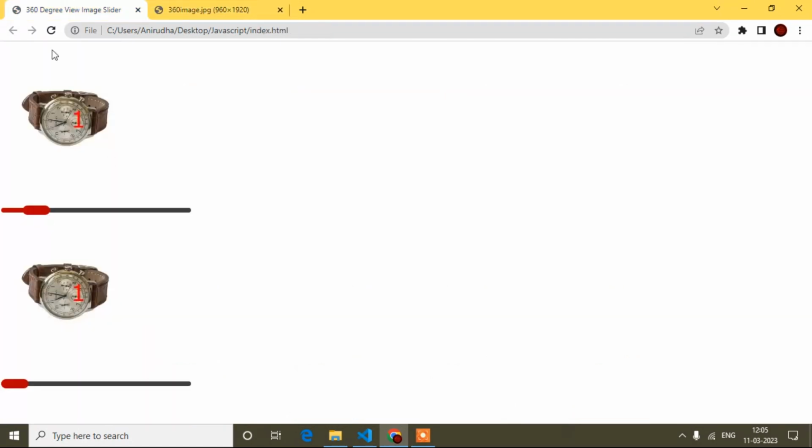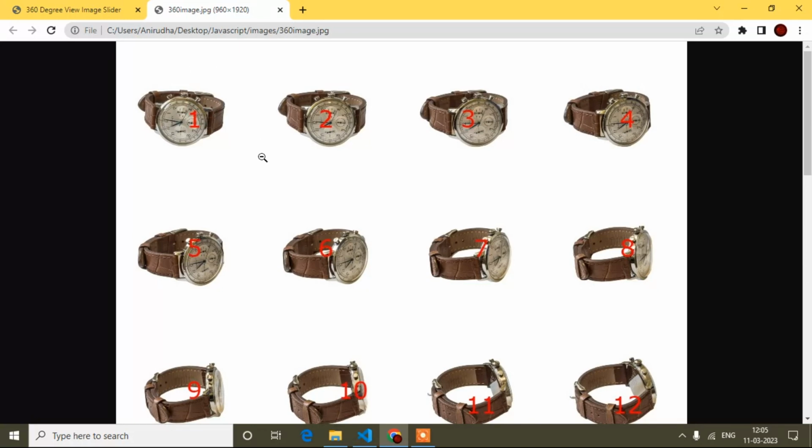Column will increase 1, 2, 3, 4, and once column is 4, the row will increase, because it comes to the next row. Then column will start from 1 again.